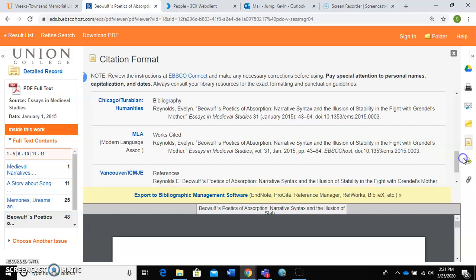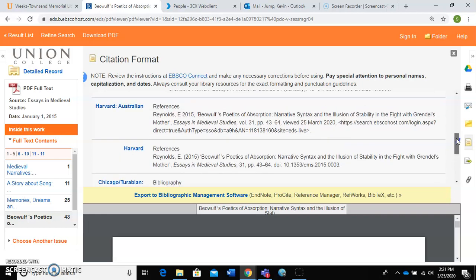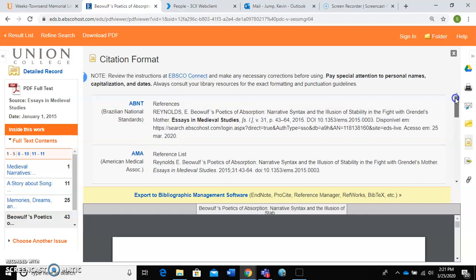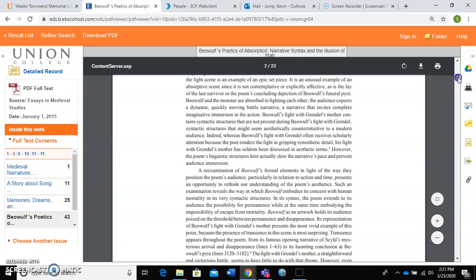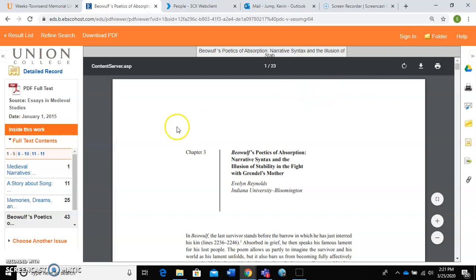Usually, Union College will require either APA or MLA citation, although a few professors may use something different. But Chicago, Harvard, whatever, these are all available options. So again, the article is here for you to read, print out, email to your instructor, whatever you choose to do. If we go back to our result list,